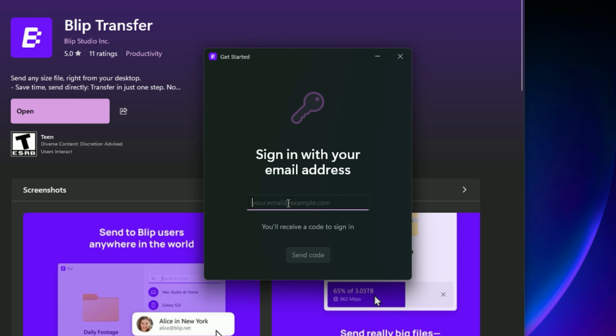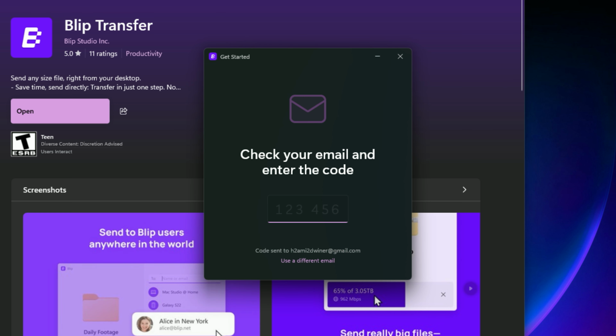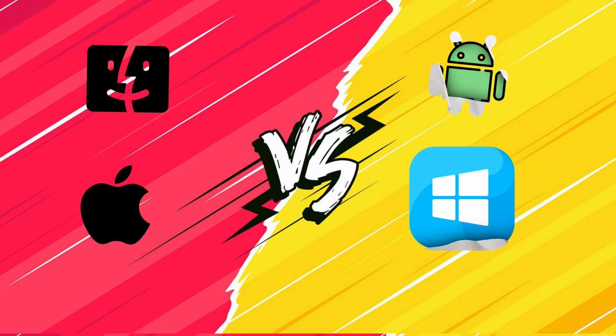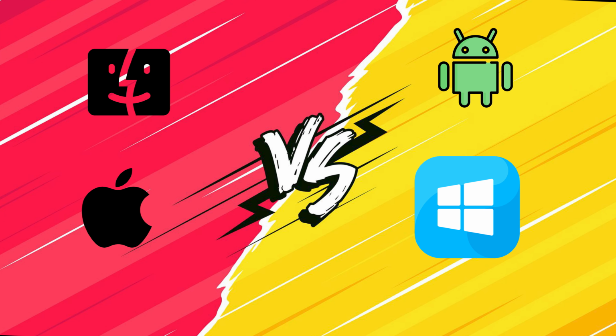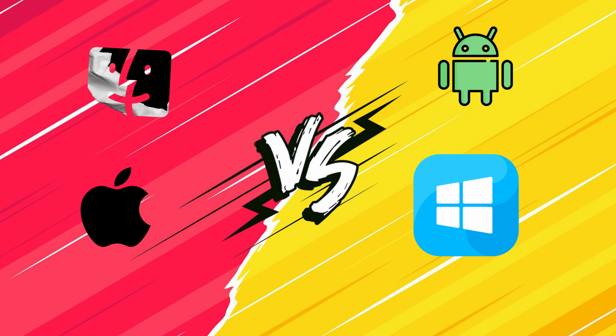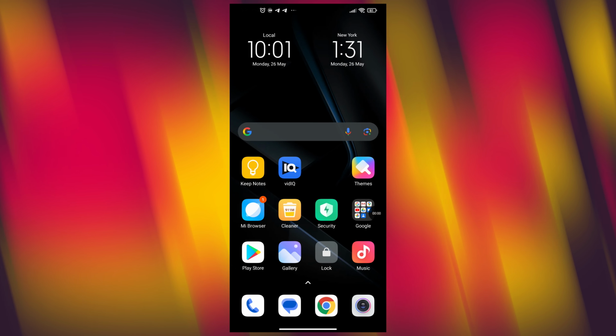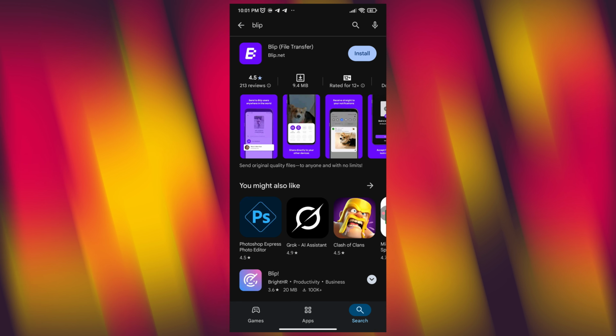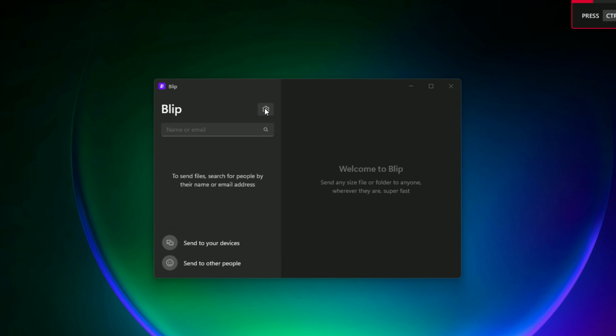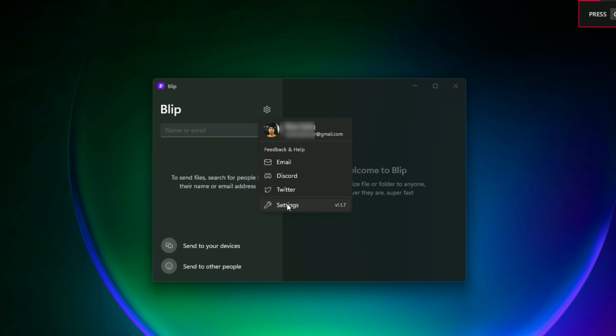Just give them your email, after that they can send you a code. Type the code to log in or complete your sign up. The final step is installing Blink on your other operating system. It does not matter whether you use an iPhone or Android device. Just go to your store, search for Blink, then download it. With this app, you can share your files in a second, but before sharing any files, let's go to the